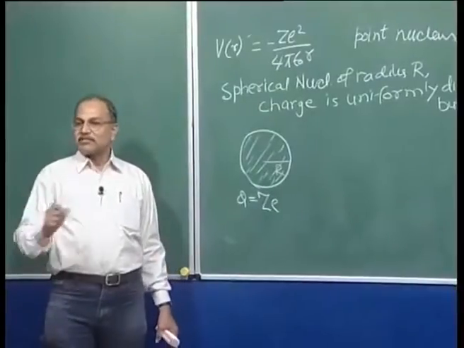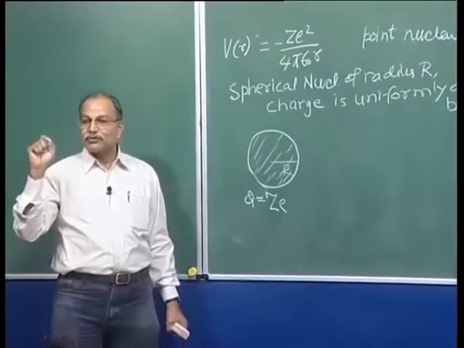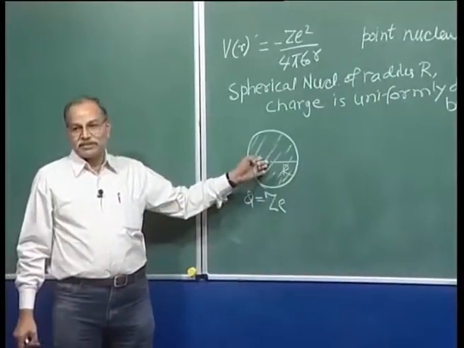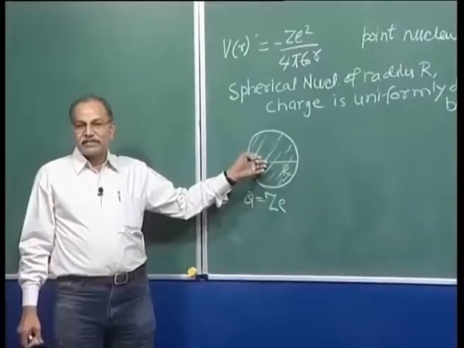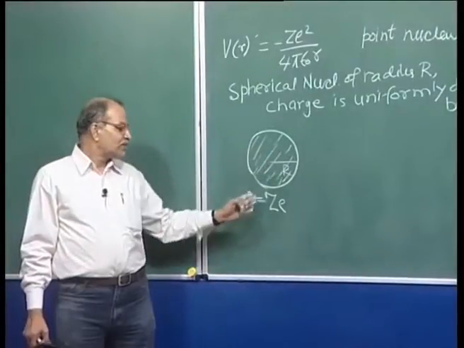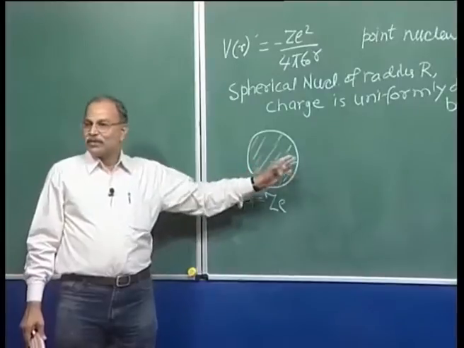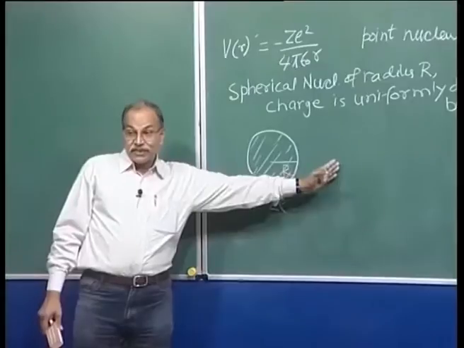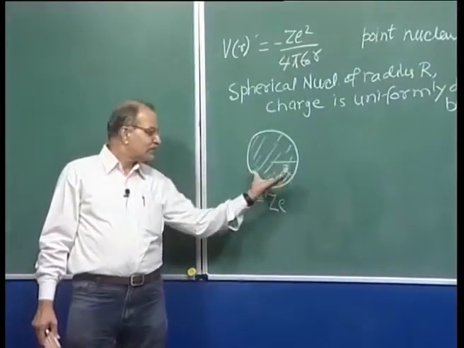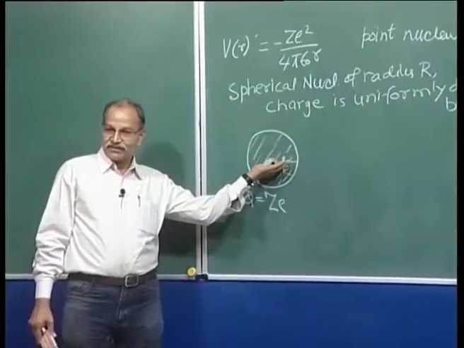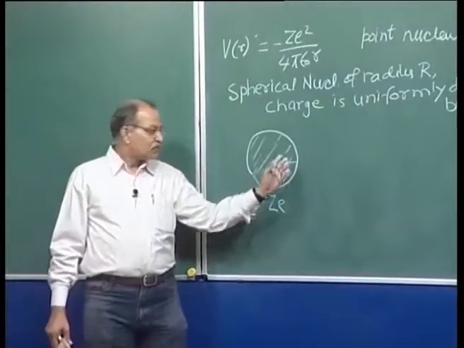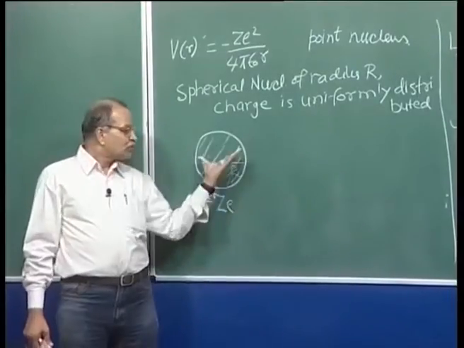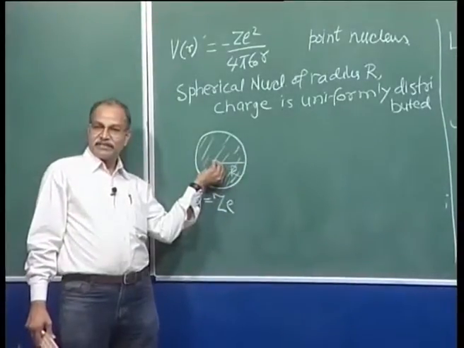First, let us write potential. Now, remember your electrostatic lessons. If you have a uniformly distributed spherical charge distribution, and the total charge is given and the radius is given, you can write the electric potential. Outside this sphere, it is all the same whether this is extended or it is a point charge. Remember that? Outside this sphere, the electric potential is the same as if this whole thing is concentrated at its center.